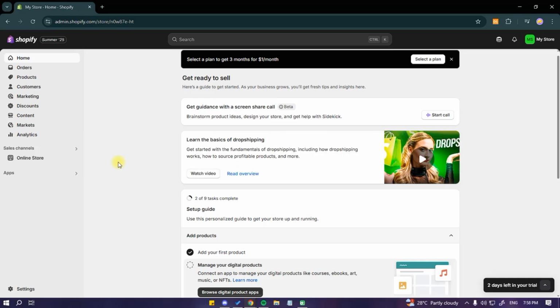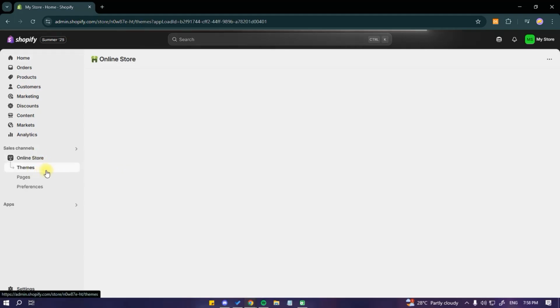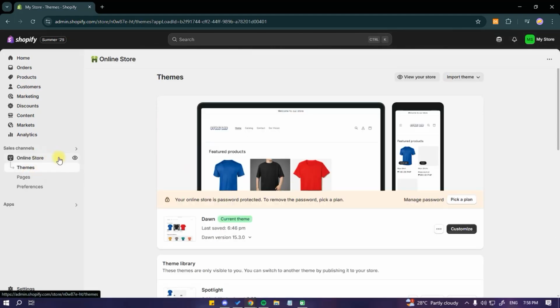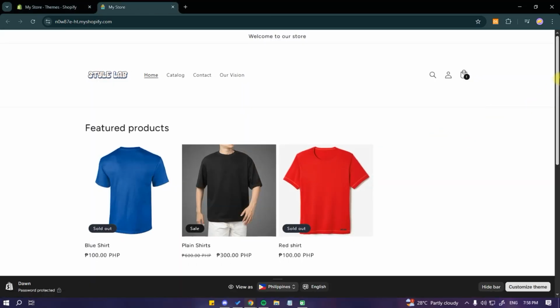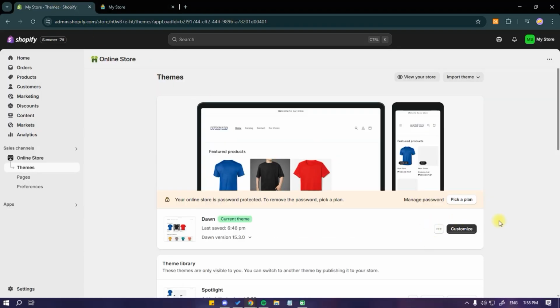First, at your Shopify dashboard, click on Online Store from the options at the left and make sure that you are at the themes section. Hover through the online store and I'm just going to click on this eye icon to preview my online store currently. So this is the theme that I currently have, and I'm going to go back to the dashboard,